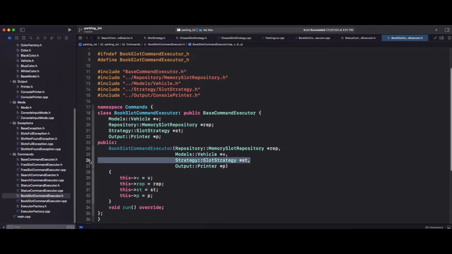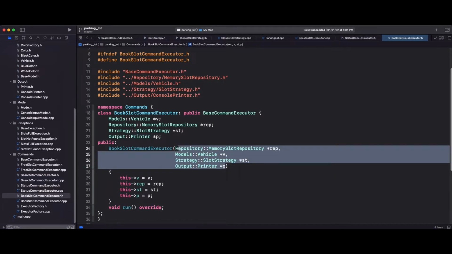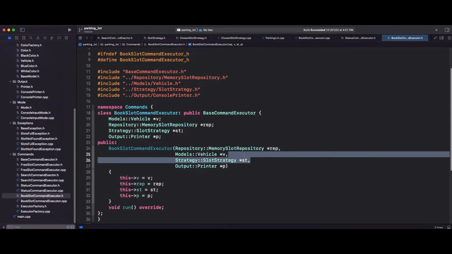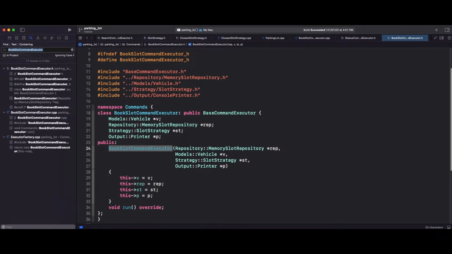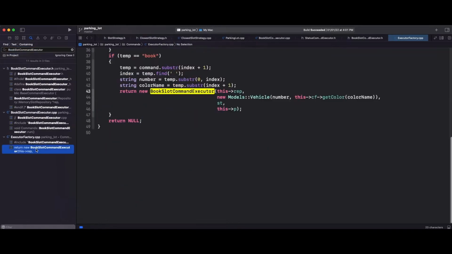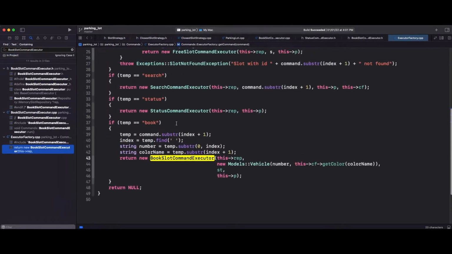Whenever you are creating an object for book slot command, it takes all the required parameters in the constructor itself. Constructor means where the object is created. This way, you are injecting the dependencies and they do not know what the actual implementation for it is. Wherever you are creating an object for this one, let us say you would be creating it in the factory based